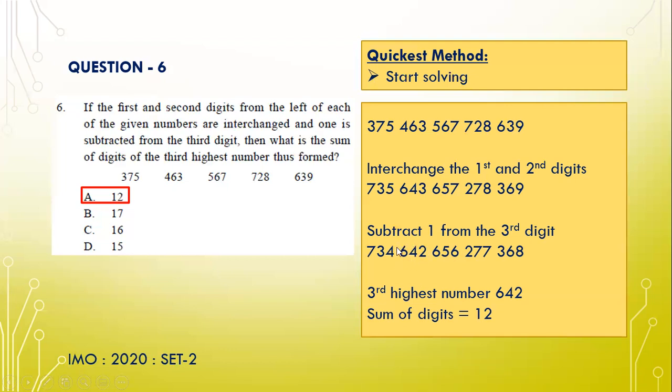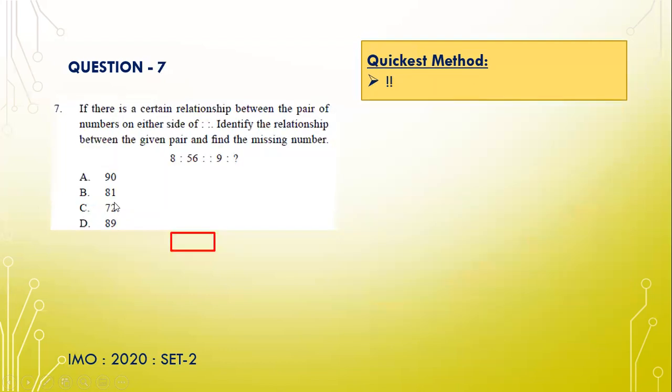Third highest number is 642. What is the highest number? 734. Then comes 656 and then 642. And the sum of digits of 642 is 6 plus 4 is 10, 10 plus 2 is 12. So the answer is 12. If there is a certain relationship between the pair of numbers on either side of this ratio,